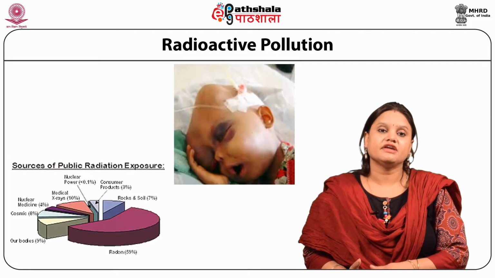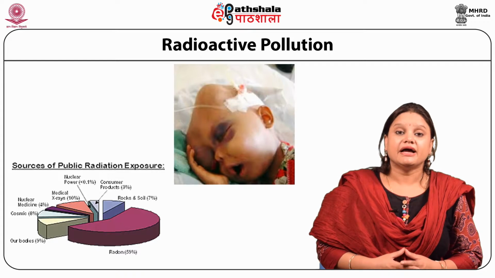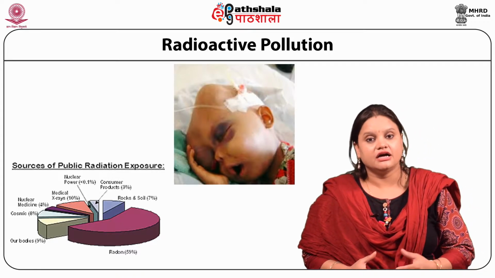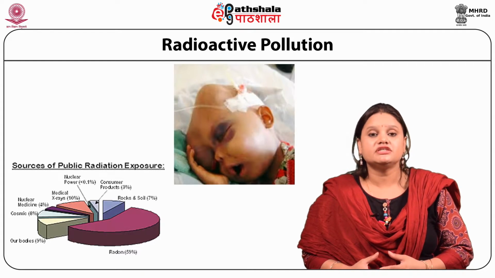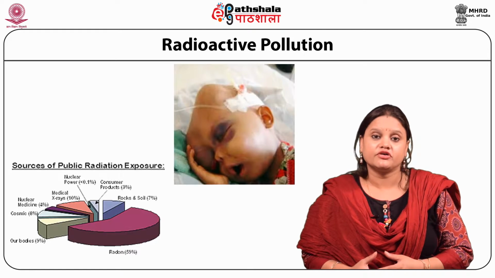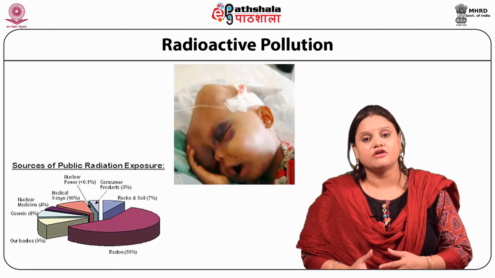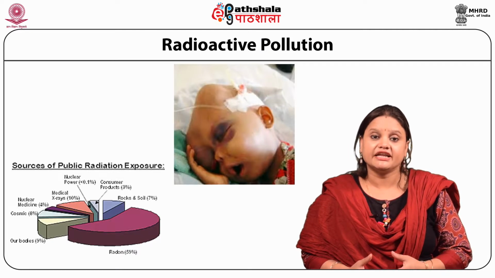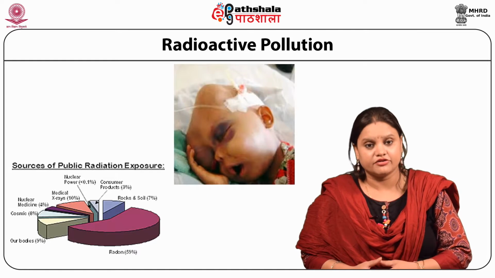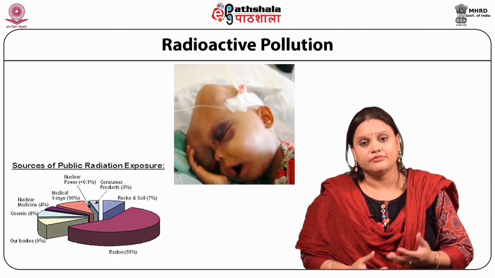Here in this figure, we have discussed the sources of public radiation exposure. The maximum population is affected by the radon gas radiation, which is considered a major indoor air pollutant, and it is emitted from the concrete and the bricks of the building material. So major exposure of human beings is due to the radon gas, and the other portion of